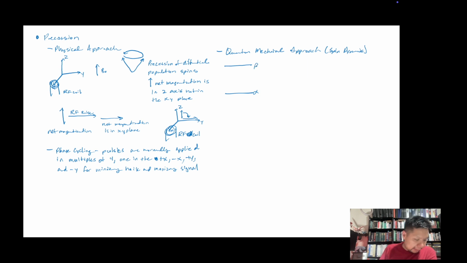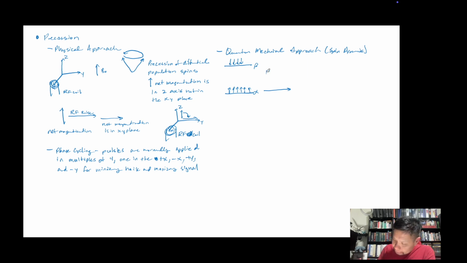I'm probably not going to write it a gazillion times here, right? And say we start out with 4 protons in the beta state and 6 protons in the alpha state. Is that 6? That's only 5 in the alpha state, right? If we were to give it a 90-degree pulse,